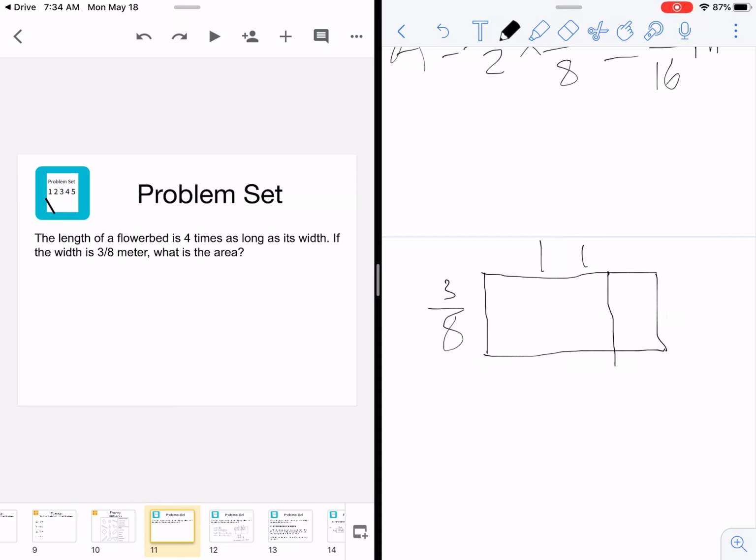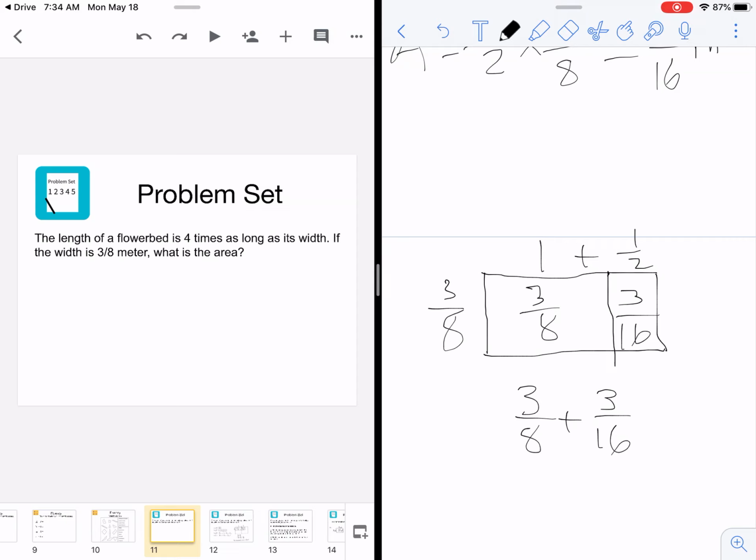Okay, 1 plus 1/2. So we get 3/8 times 1, which is 3/8. And then we get 3/8 times 1/2, which is 3/16. And 3/8 plus 3/16